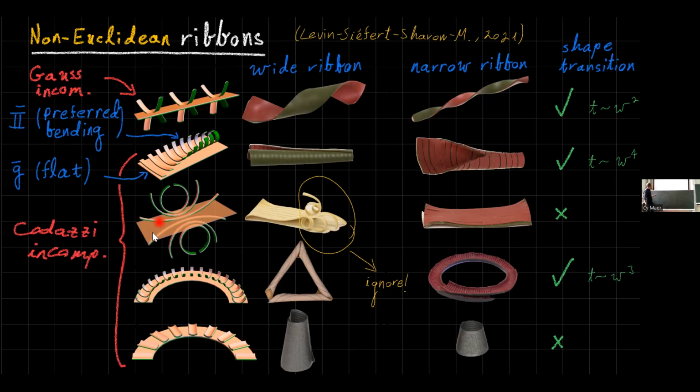However, in all these examples, the other 4 examples, the Gauss equation is satisfied. What is not satisfied is the Codazzi equations. And there you see a variety of phenomena. In some cases, you don't see any shape transition. Ignore this. This is just to show that what this thing wants to do is like depicted here. This is roughly cutting the carrot again.